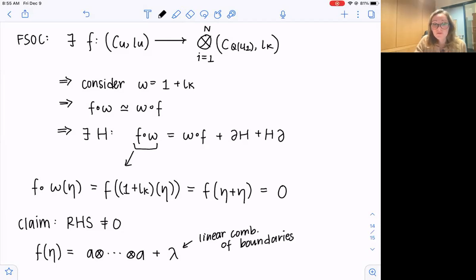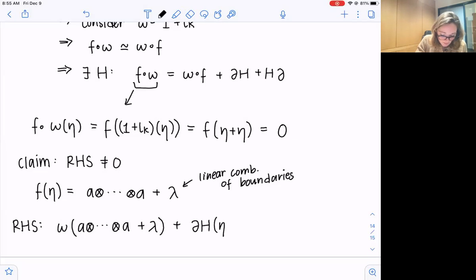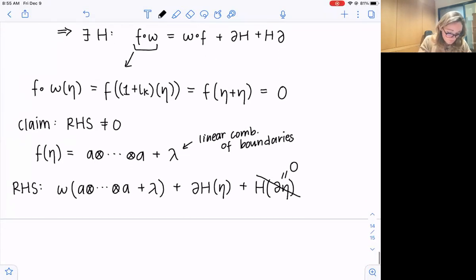And recall that A was just that lone generator, so it's the only cycle in our complex. Now we'll look at the right-hand side in its entirety, and we have omega of A tensor itself n times plus this sum of boundaries plus the boundary of H on eta plus H of the boundary of eta. We'll note this is 0. So this is eliminated. And now we'll just compute this out a little bit using what we've shown